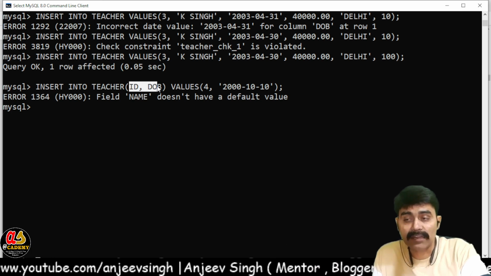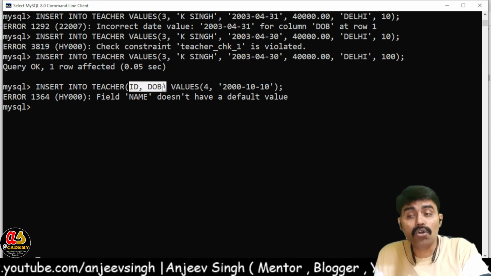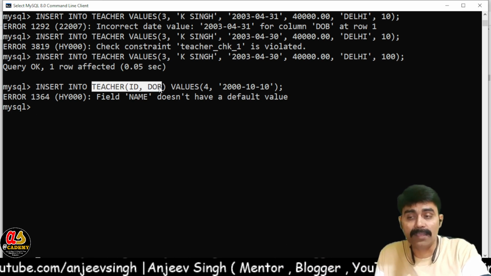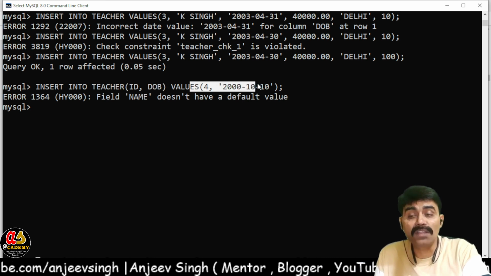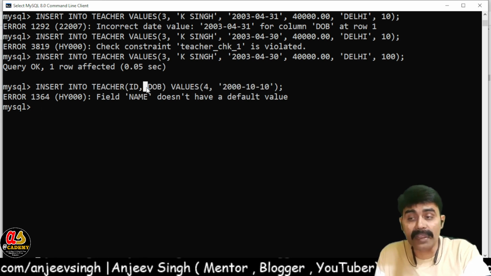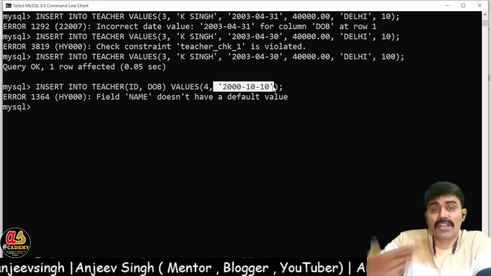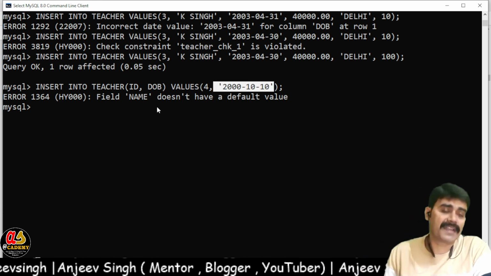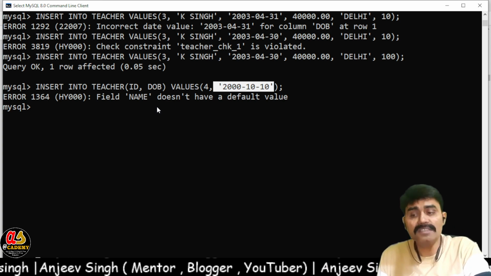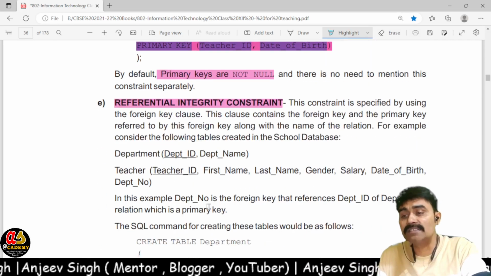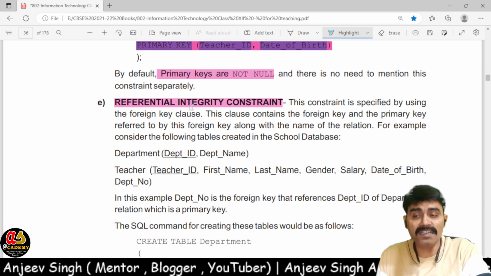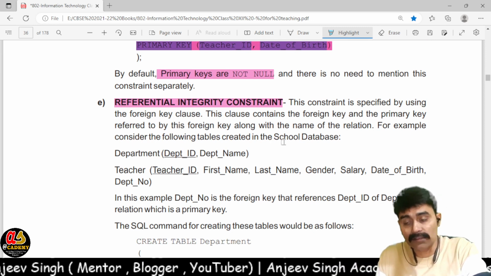Because we know that when you mention the column names with the table name, it means you want to give the value for those particular columns only. So here name is not written, and you are not giving the value for the name, so by default it tries to insert the null value there, and that's why we are getting an error message. So this is about today's session. In the next session we are going to discuss referential integrity constraints, and one more thing is left here: